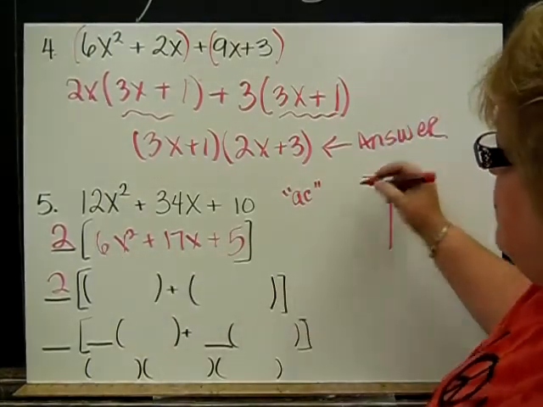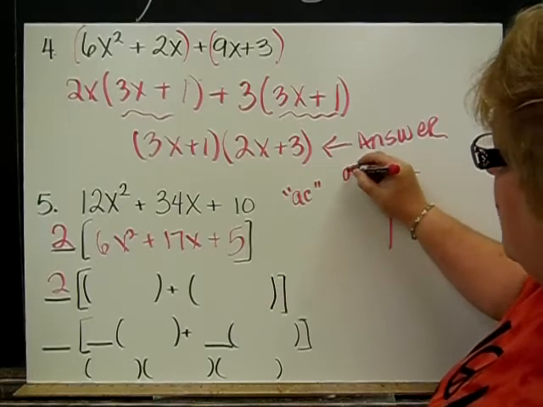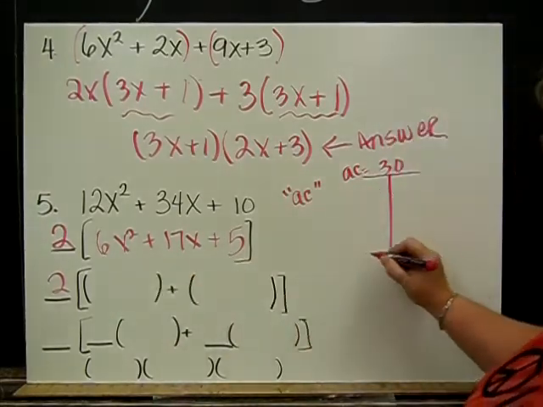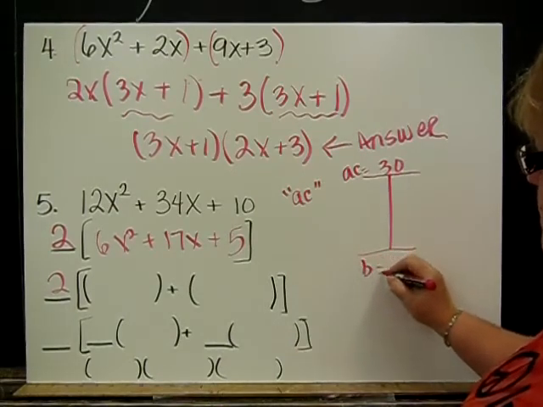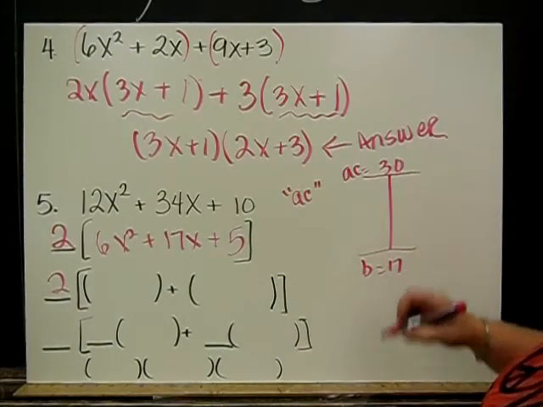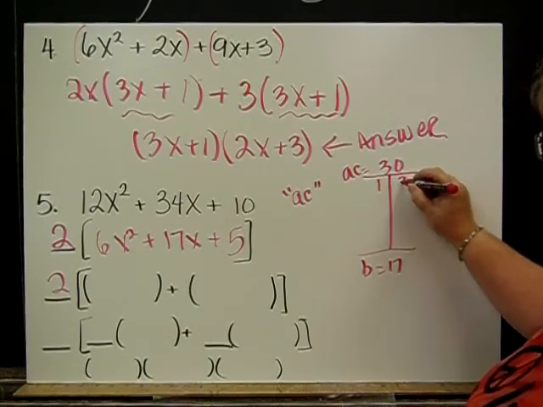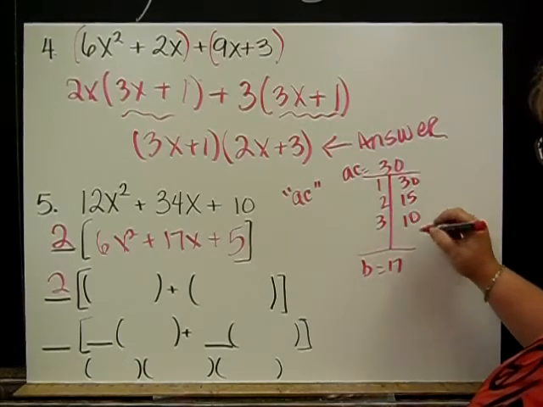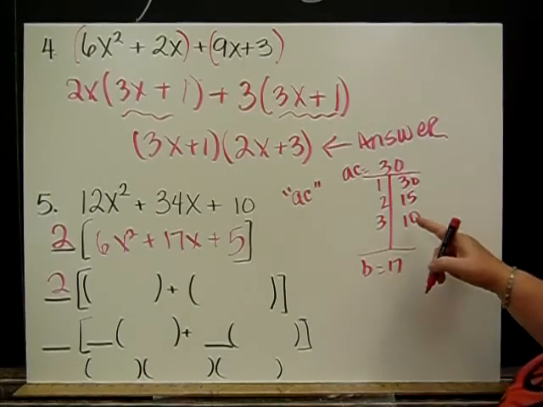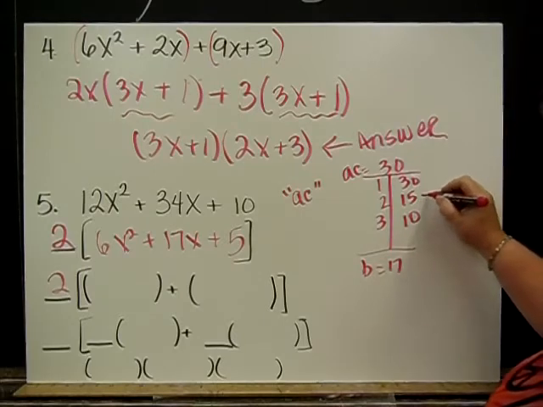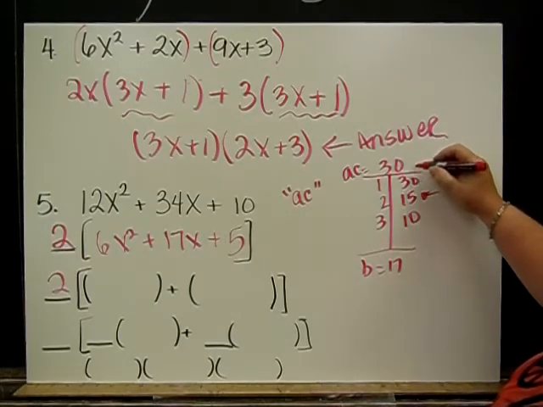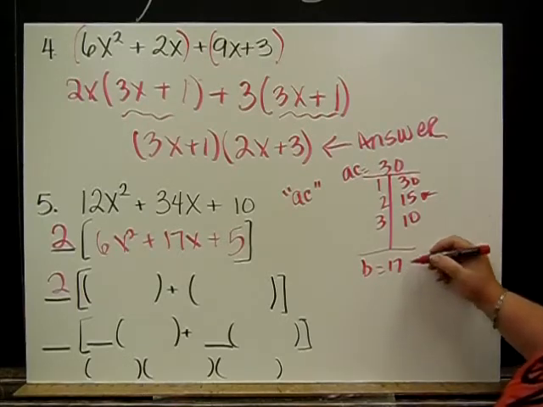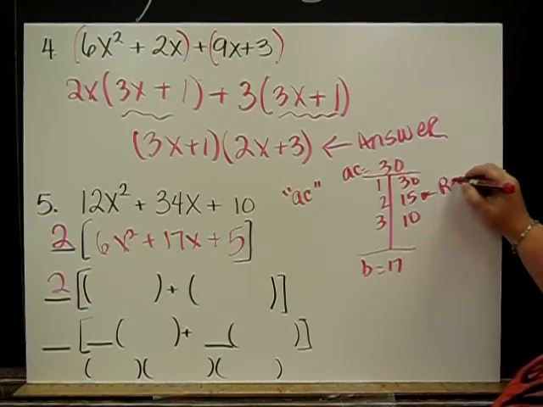A is 6, C is 5, so our AC is going to be 30 because we have to multiply these two numbers. And our B is 17. So some of the factors of 30 would be 1 and 30, 2 and 15, 3 and 10. And we notice that 2 and 15 multiplies to give us 30, and 2 plus 15 adds to give us 17. So we are going to use these to rewrite